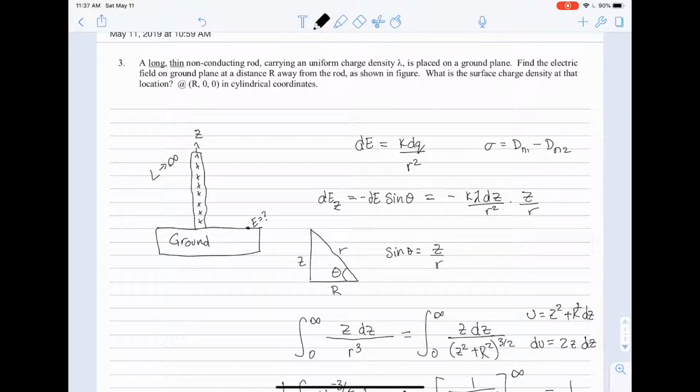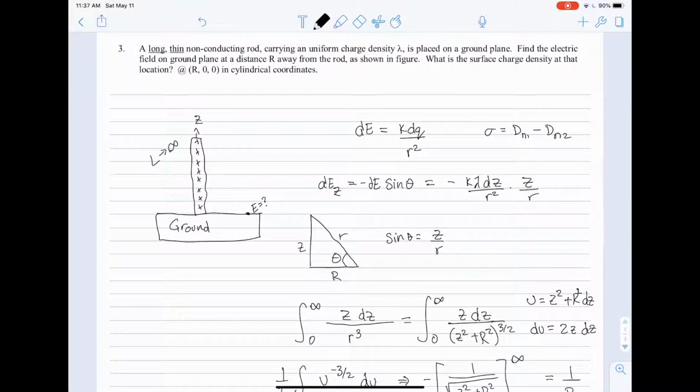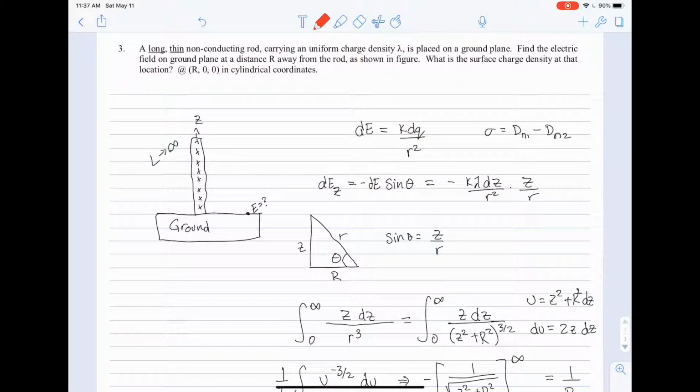So for this problem, a long thin non-conducting rod carrying a non-uniform charge density lambda is placed on a ground plane, and our goal is to find the electric field at the point E and also to find the surface charge density at that same location. So the distance r away, it's right here. We'll draw it from the rod as big R,